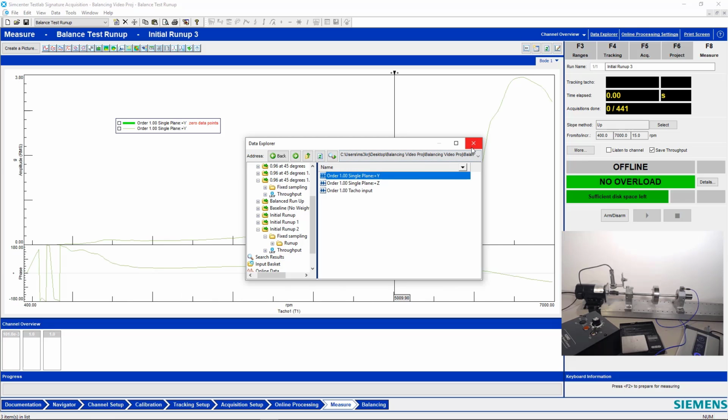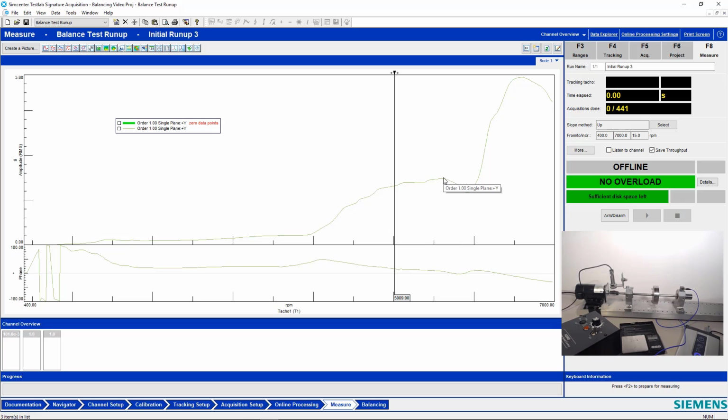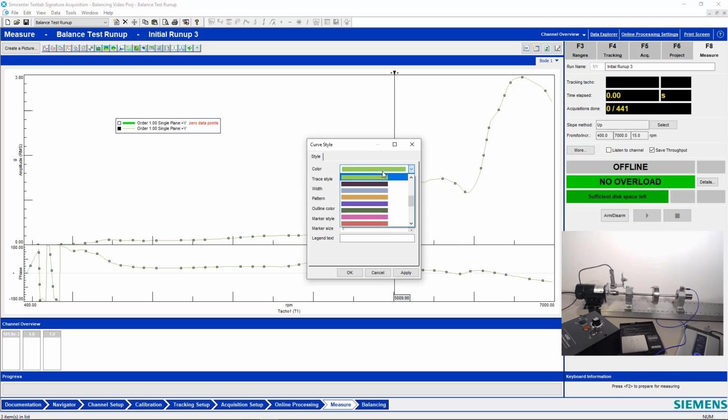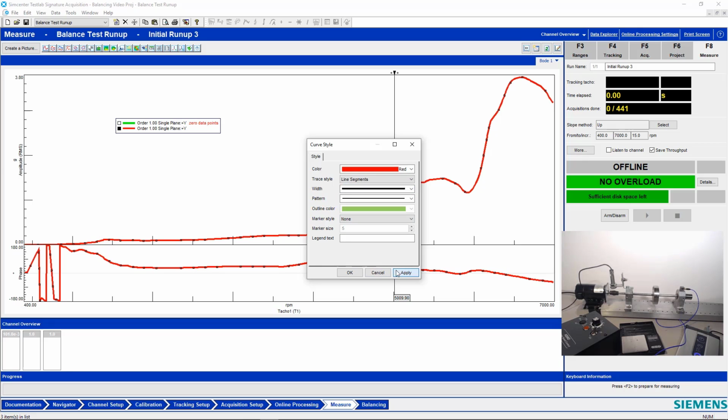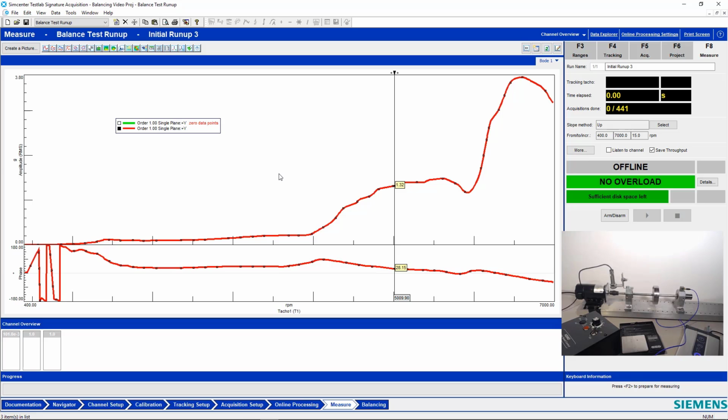Should we make it red to let people know? Yeah, so we'll click on this and change the color to red, and we'll make it a little thicker. All right, so that's the curve to beat, huh? That's right.